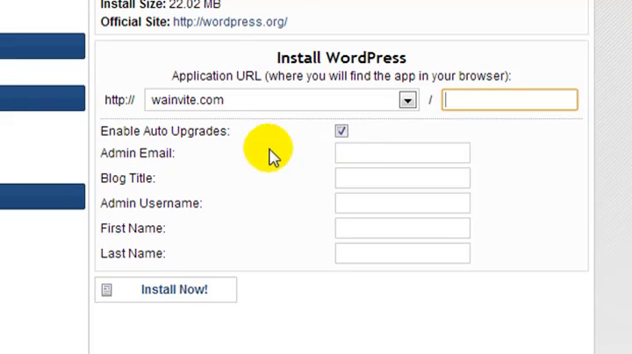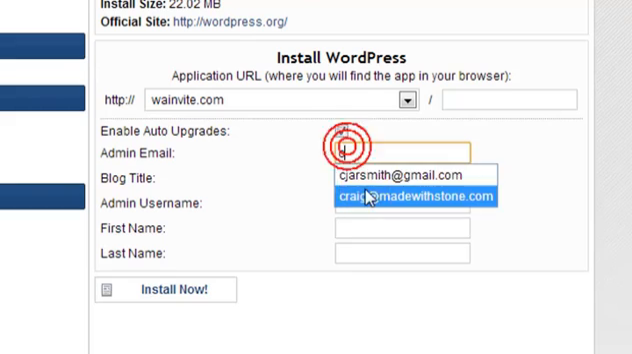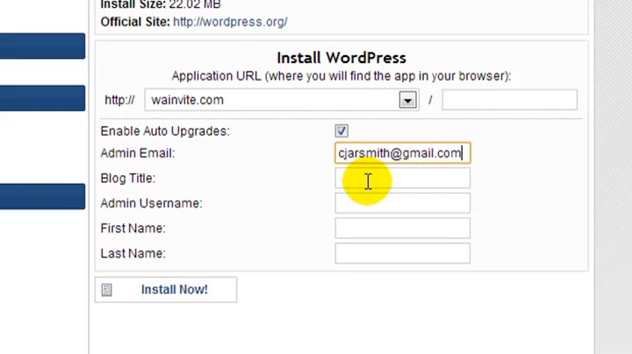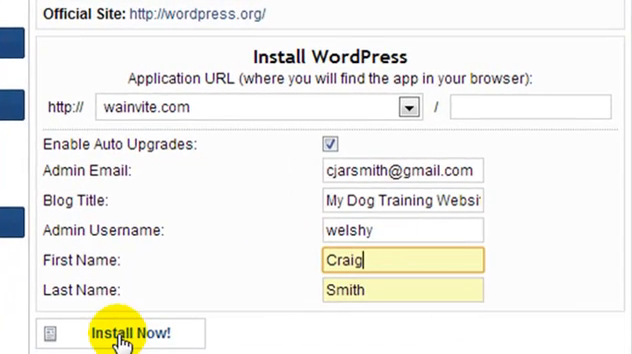Enable auto upgrades, I'm going to leave a check there. I'm going to enter my email address and my blog title. You can enter your blog title here, but if ever you decide to change it, it's very simple to change from inside the blog admin area. So I'm going to enter my blog title, my dog training website. The username, most people use admin, but to be on the safe side, I recommend you go with something a little bit more unique. So I'm going to enter in Welshie,